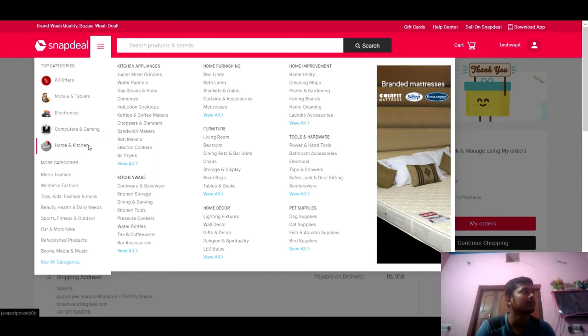So, if there were only one thing that you could change, what is that one thing that you would change to make this experience better? I think the user interface is very good, but I would suggest Snapdeal to add as many items as they can, so that the customer can get a chance to buy something that he needs. That's all. They should add many more products than this.